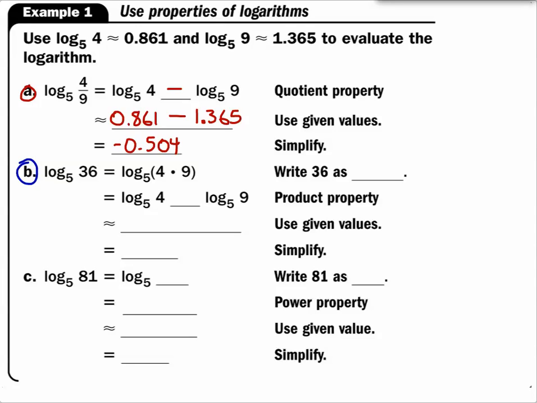Let's look at part B. Log base 5 of 36. Well, they're reminding you that 36 is the same as 4 times 9. That is important here because now it's multiplication inside the logarithm. You can take that and make that 2 separate logarithms that are added together using that first property, the product property. And then we know that log base 5 of 4 is about 0.861. And we know that log base 5 of 9 is about 1.365. We know this, of course, only because it's written at the top of the example. We have no reason for knowing it otherwise. And then when you add them together, you get